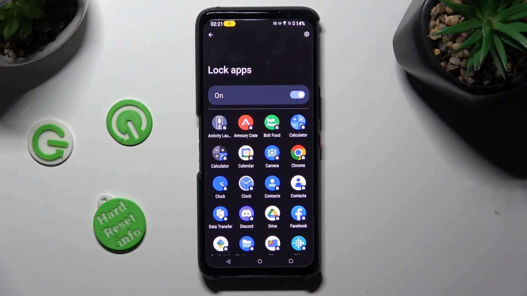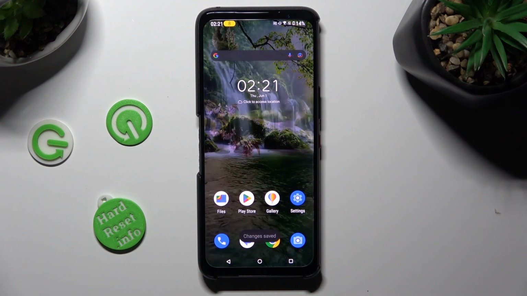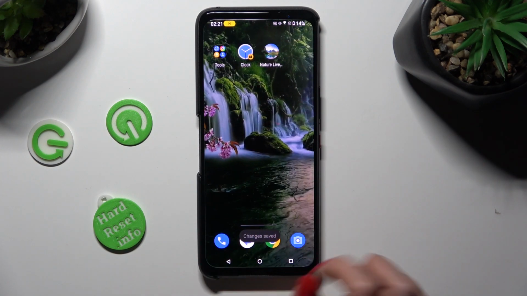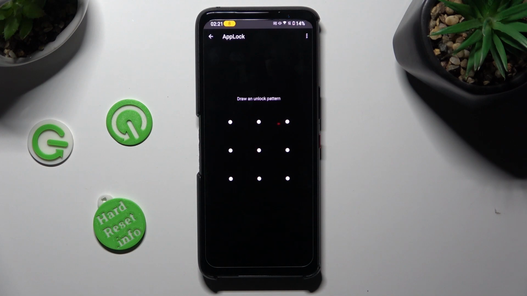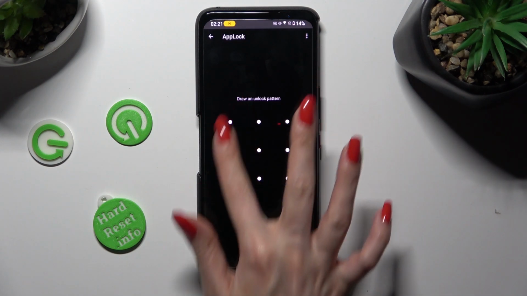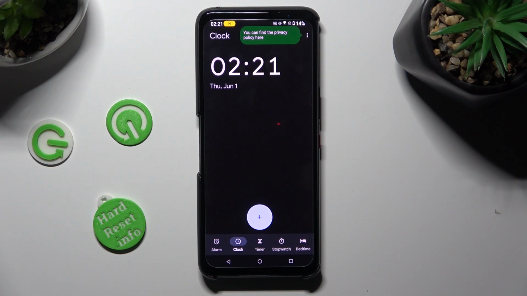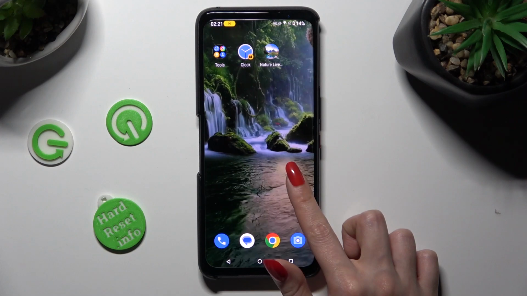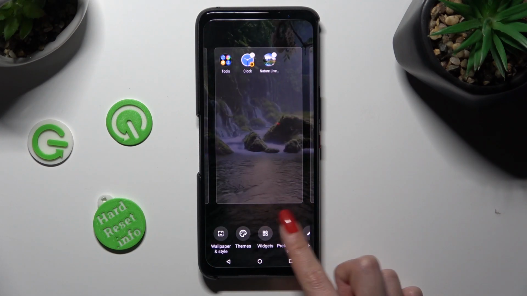Now simply click on your apps that you wish to lock, in my case clock. Following that, tap on Home button, and now when I try to access my clock app, that pattern is now required. If you want to disable app lock from any of your apps, you need to access the same